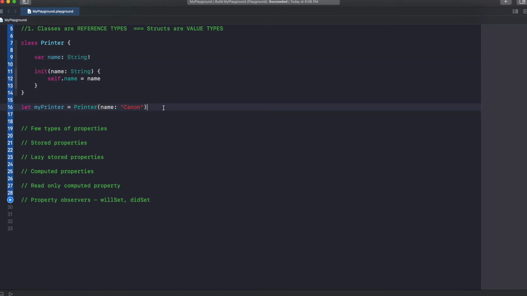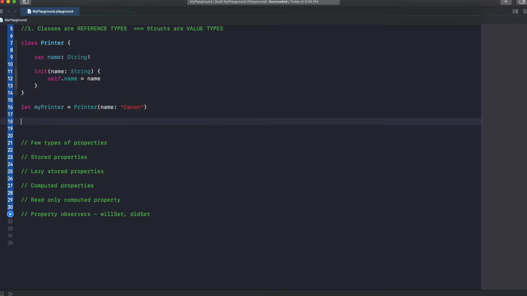Now I'm going to create another constant. For instance, let myPrinter1 equal to myPrinter. This constant, I am assigning it to another property. So according to the compiler, these are two different properties, right?